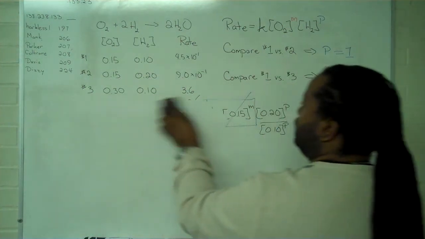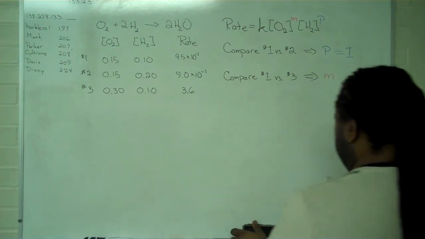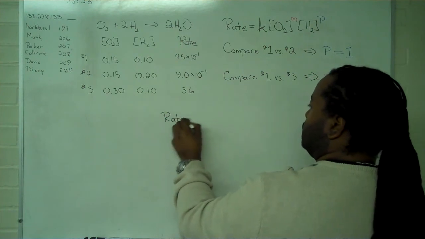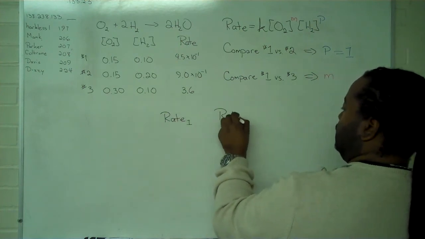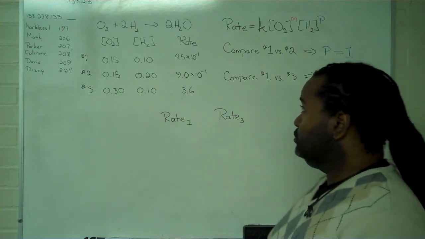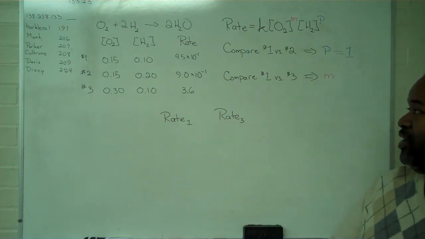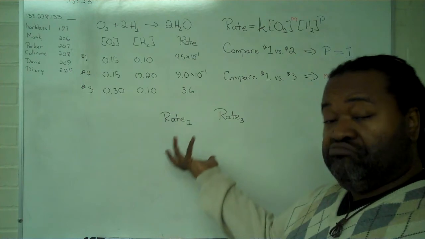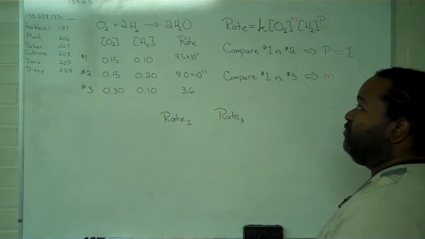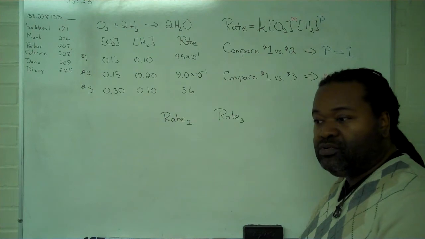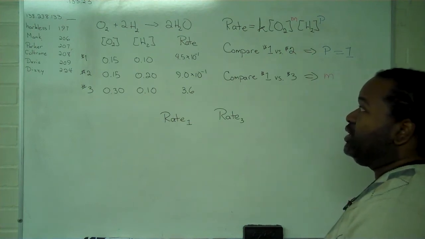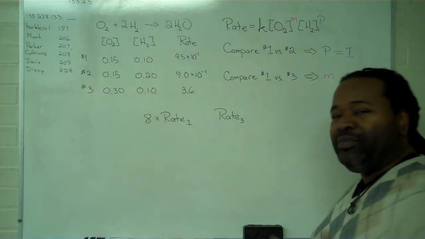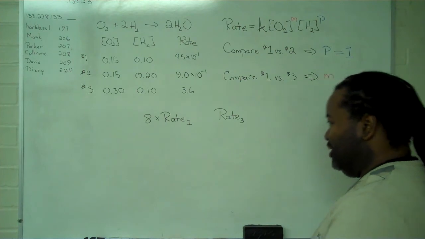I'll do the same thing by starting off comparing rate 1 and rate 3. Now, 0.45 versus 3.6. I could substitute in the values and do all of the math and figure out the difference between these two quantities. Or I can recognize that we have a factor of 8. I did the math in advance. It's the only reason why I did. And so now